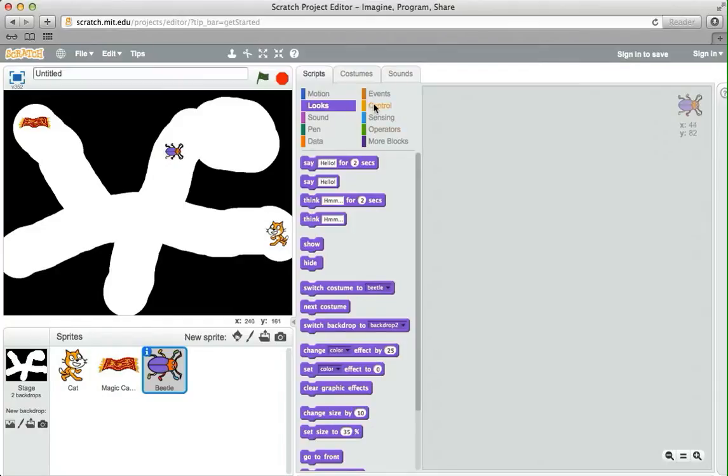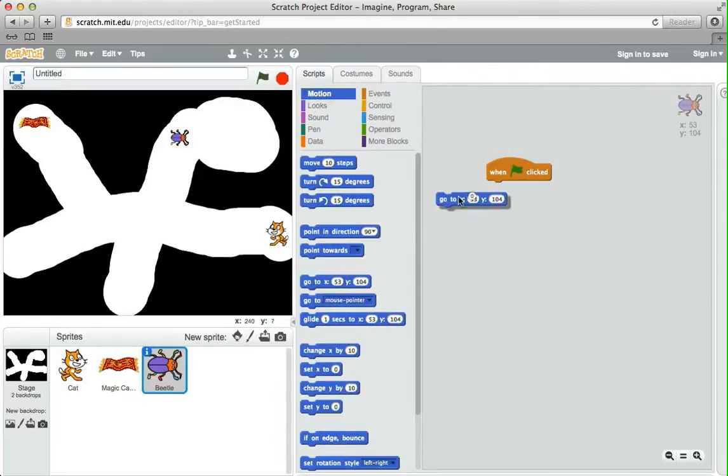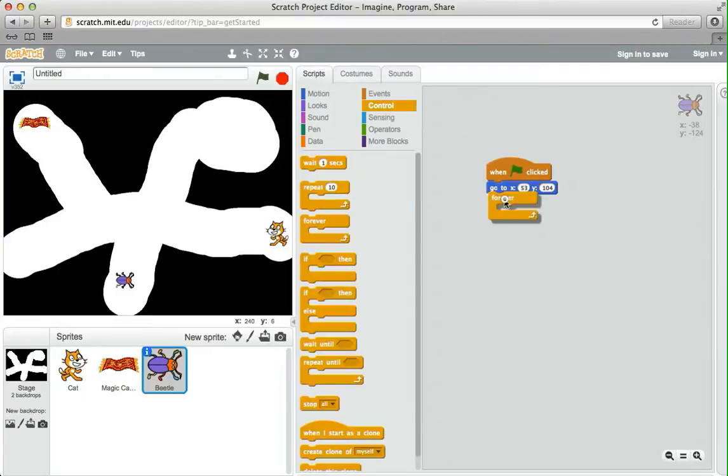So the first thing we should do is on the green flag, we want to position it somewhere. Let's have it go up nice and high like this. Motion, grab the go-to block. I now want to make it move down someplace like this. So I'm going to have a repeat forever